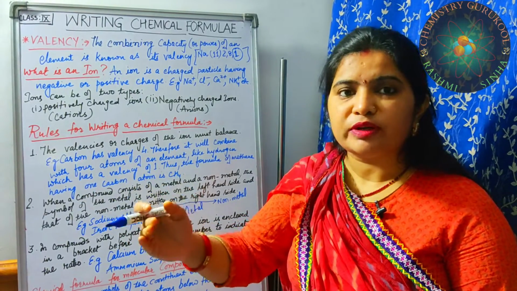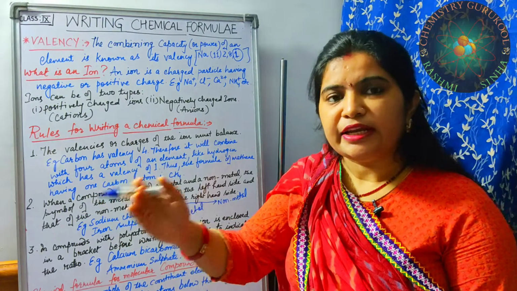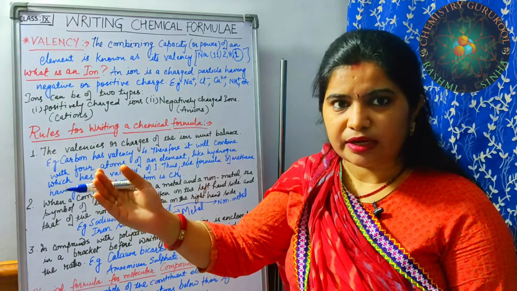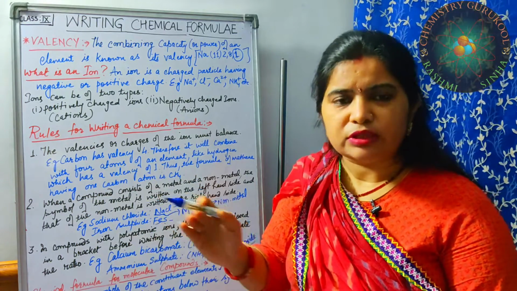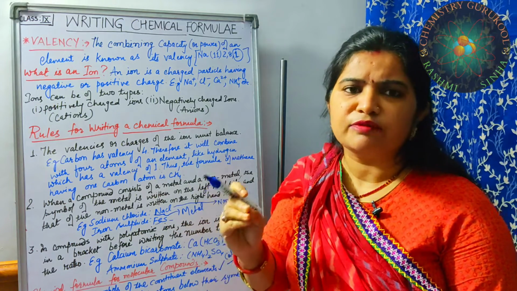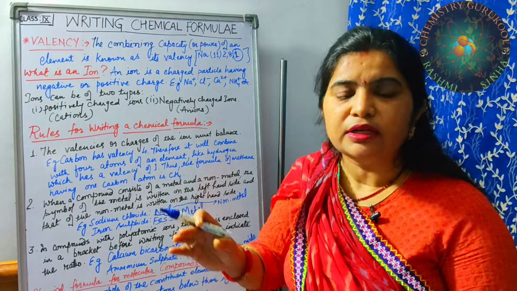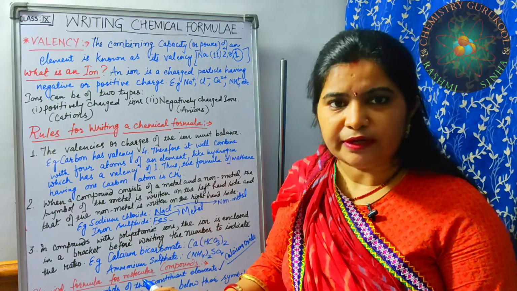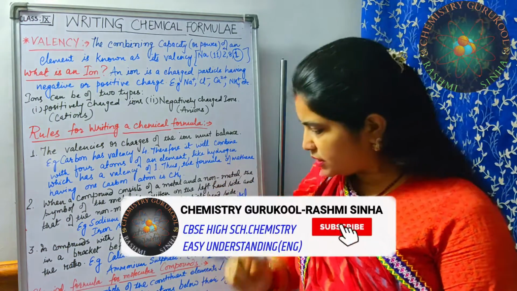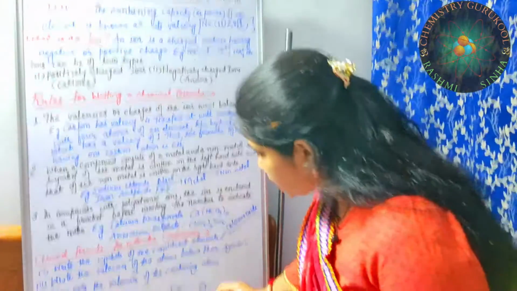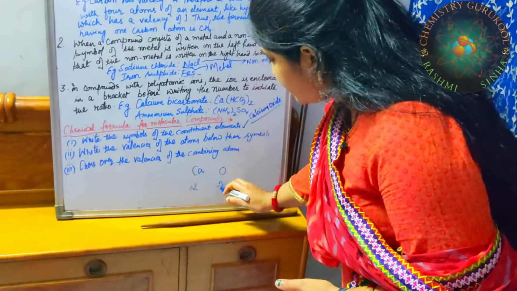So if the number of electrons is more than 4 in any element, it tends to gain. This you will study in your next chapter on atomic orbitals. I will cover all these topics, but here I am just giving you the initial points so that you can write the chemical formulas. Always remember these 2 points, it will be easier for you to write the formula. Now oxygen shows -2 valency.